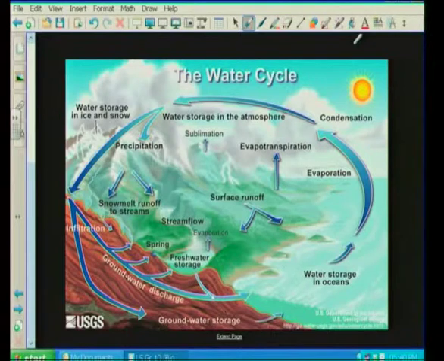Now I think this cycle is the easiest of them all. And I really want you to think about, if you go outside and stand there, you can picturize what I'm going to try and tell you here. Now, we start off with the sun. Now the sun is causing evaporation to take place, right? Evaporation. So what's happening here is that the water in our oceans, the water in the dams, in our lakes, all of that water is going to evaporate because of the heat of the sun. Also, evaporation is going to take place through